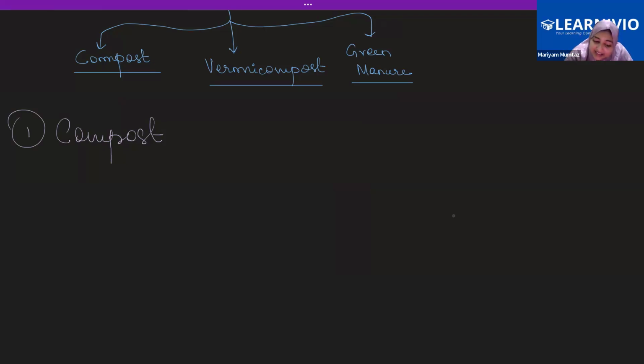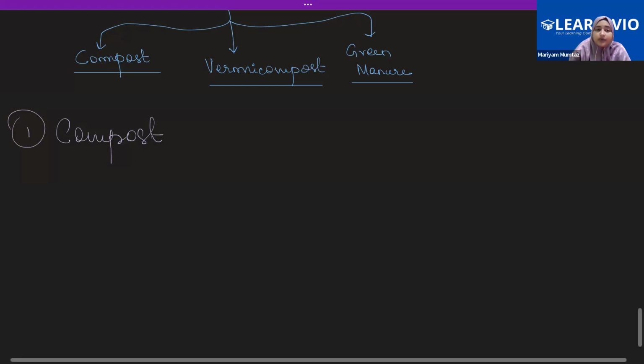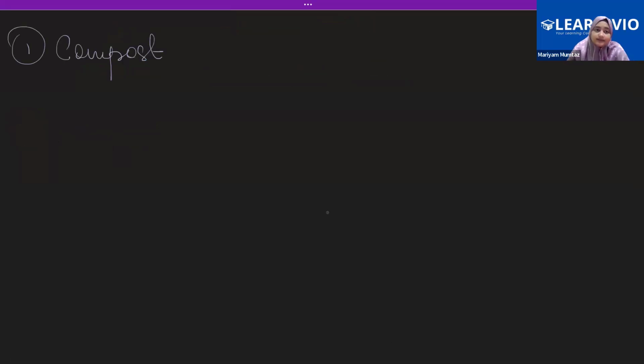is collected into pits, like a big hole dug in the ground, and all the waste materials are kept in that ground and then covered with a soil layer. Slowly it starts to decompose, and what you're left with is the compost. This process wherein the compost is prepared, we call the composting process. So when we talk about compost, it is made